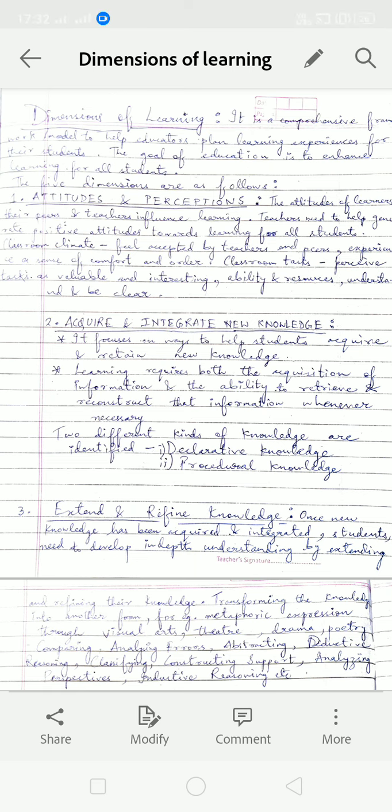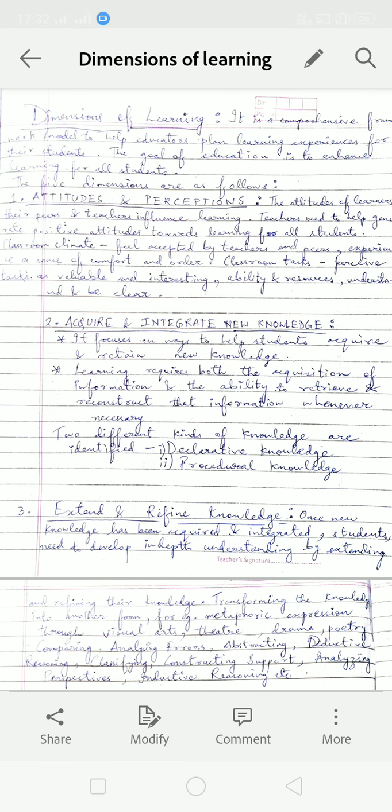Okay, and in the third section there is extend and refine knowledge. Okay, third point is what, so this is the third dimension, sorry. So till now we have discussed two dimensions. First is attitudes and perception, second is acquire and integrate new knowledge, and this is the third one, that is extend and refine knowledge. So once new knowledge has been acquired and integrated, students need to develop in-depth understanding by